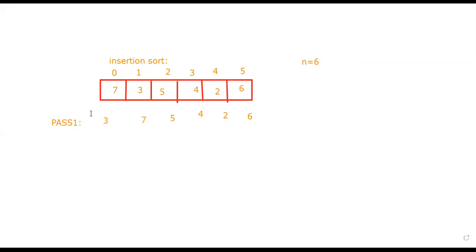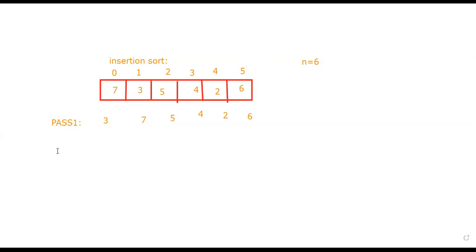Now the element 3 is not swapped, it is stored directly. Why is it stored directly? Because there are no previous elements before 3. That is why it is placed directly. Before placing an element into its position by swapping, it will check the previous values. But here 3 is the starting value, so there are no elements to check with 3. This is the first element, that is why we can directly place that element. Right. Okay.